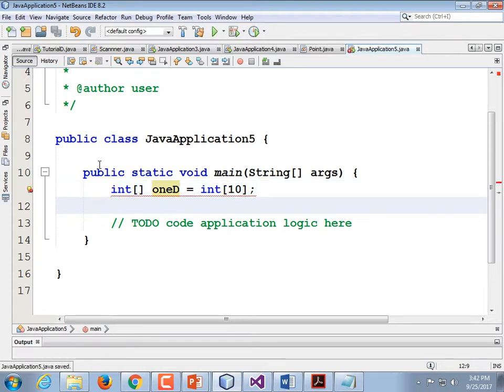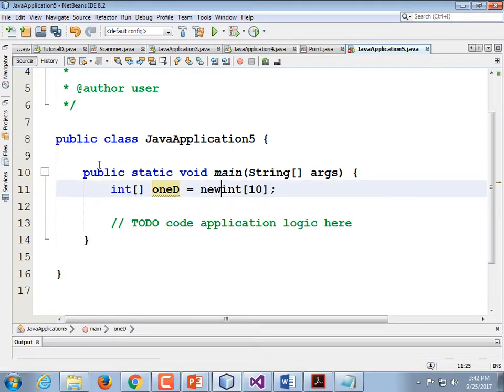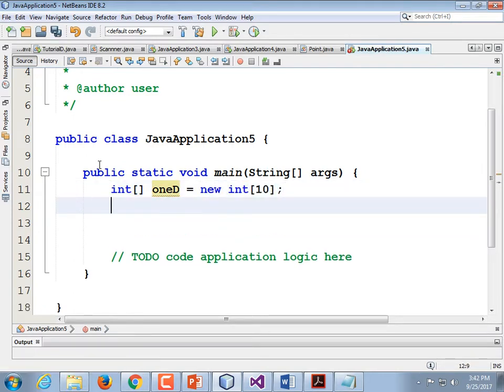So I'm getting an error there. I forgot the word new. Yes, thank you. Then if you want to iterate through it,